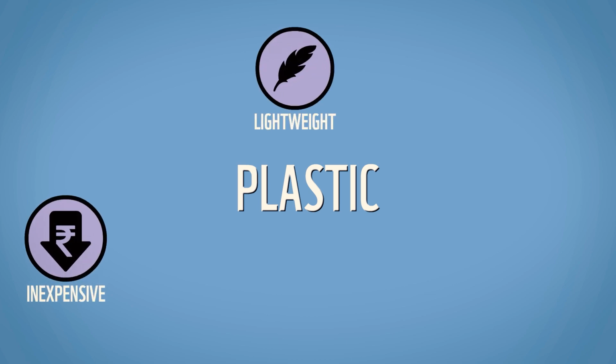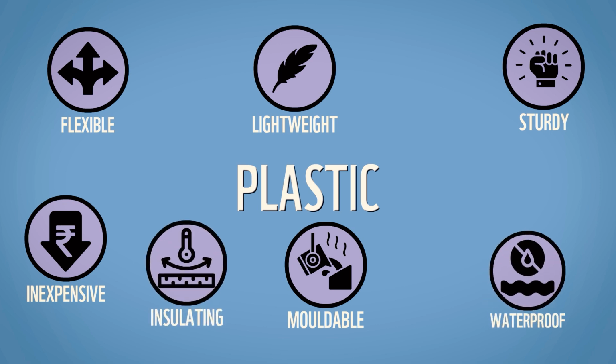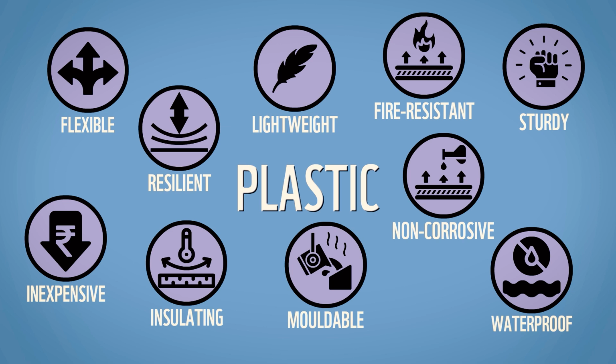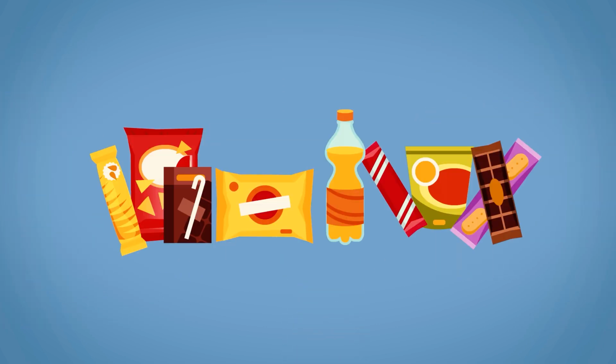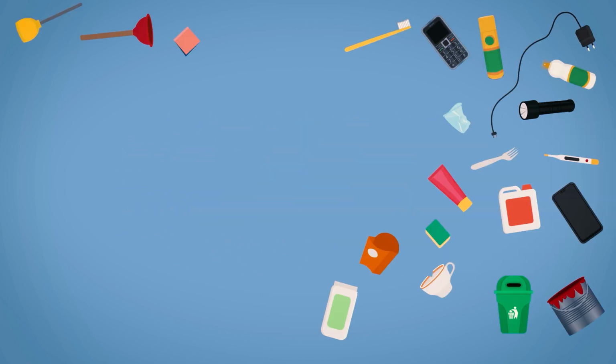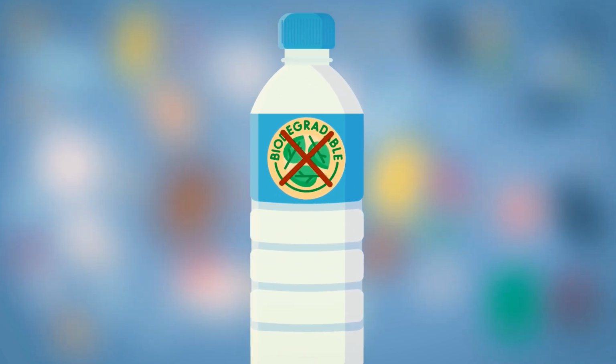Plastic is a versatile material that is inexpensive, lightweight, sturdy, moldable, flexible, insulating, waterproof, fire-resistant, non-corrosive and resilient. This makes plastic perfect for use in many products and for different purposes, from electronics to packaging, transport, household products, healthcare and clothing. A surprising number of things we use daily are either entirely made of plastic or contain some plastic parts. While plastic is a super useful material, the drawback is that it is